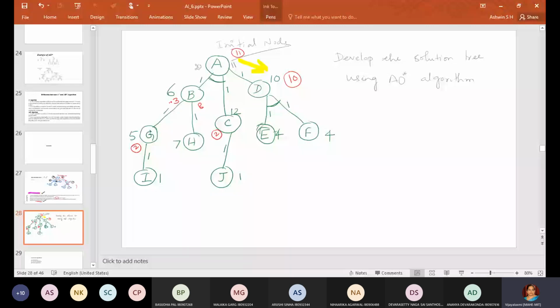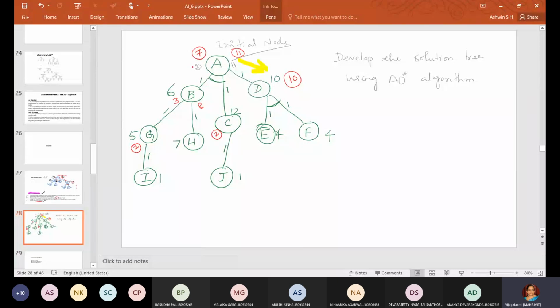So when you have two values corresponding to a particular node, you should consider the minimum value. Okay. So here 3 I have written, that is 2 plus 1. Here 7 plus 1, 8. So here 1 plus 1, 2. Okay, the new value is 2 here. So now here there is an arc. When there is an arc, you have to add this plus this. So out of these two values, you take the minimum, 3. 3 plus 2, 5, 5 plus 1, 6, 6 plus 1, 7. So the new value of this is 7.